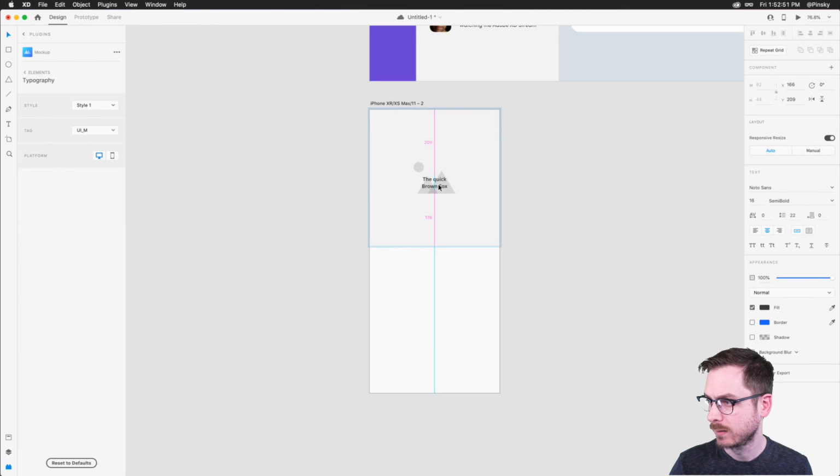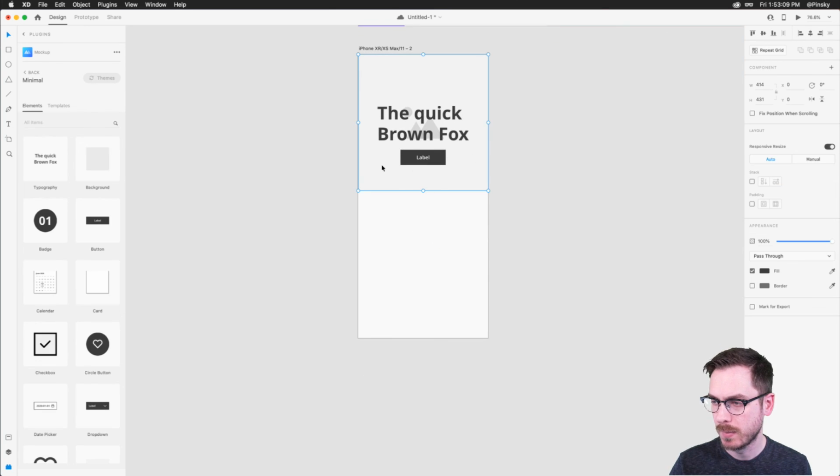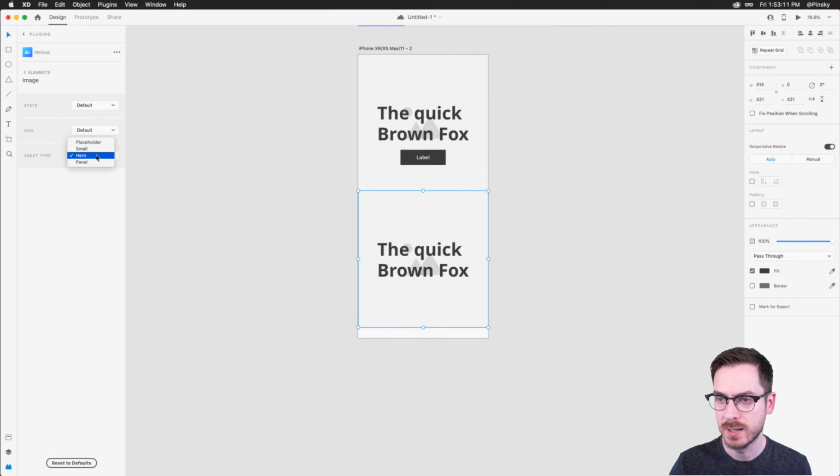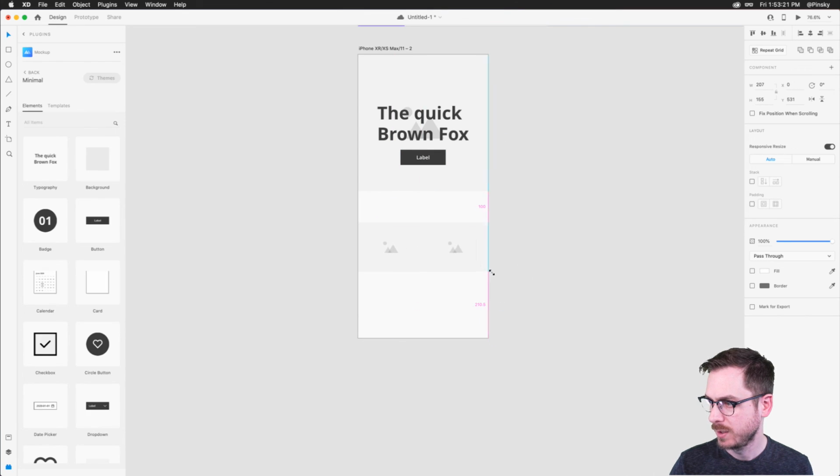Let's grab some text. And maybe style 1, that looks pretty good. Maybe this will be H1 header. And we'll add another button. Here we go. And then maybe down here, I can just duplicate this and just change this to small, for example. Right? And just making some changes on this. So you can definitely use some of these elements to create something of your own,